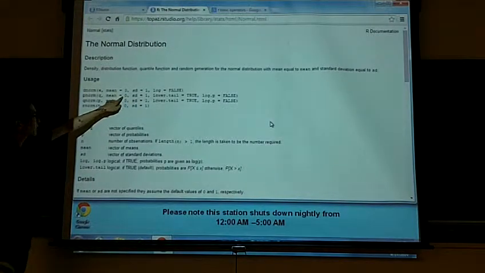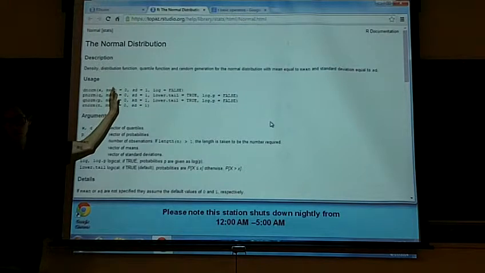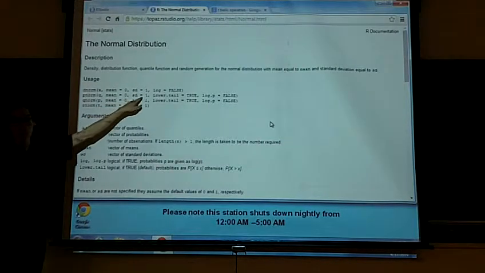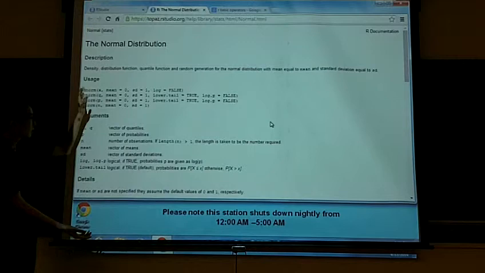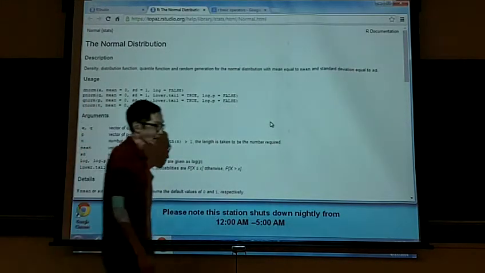And with this mean equals 0 and SD equals 1, if you don't tell me a mean and you don't tell me a standard deviation, R is going to assume you mean mean is 0 and standard deviation equals 1, which is what the normal table is. But you can override and say, I'm telling you the mean is this. And in fact,